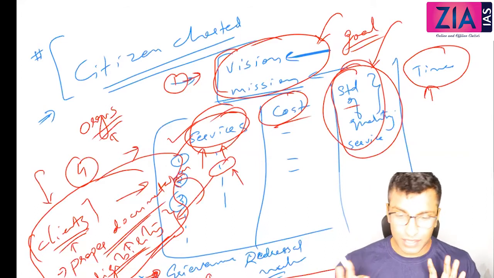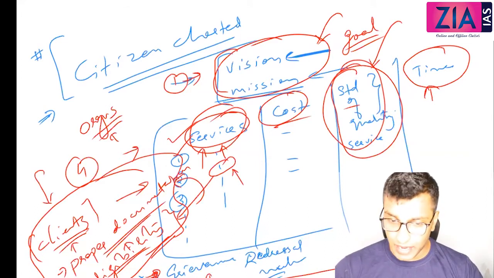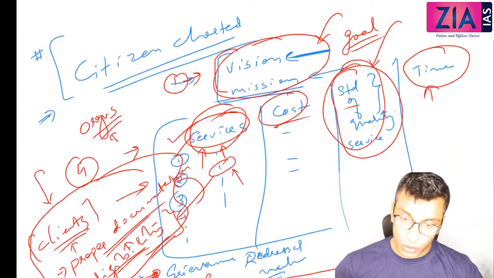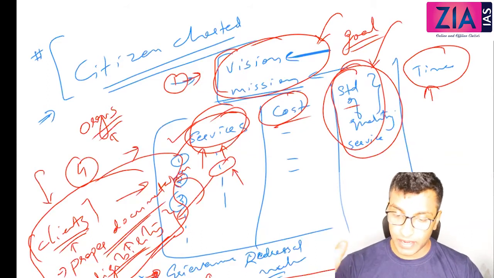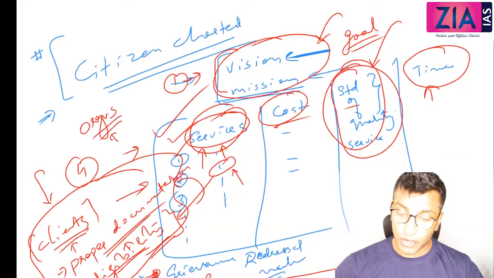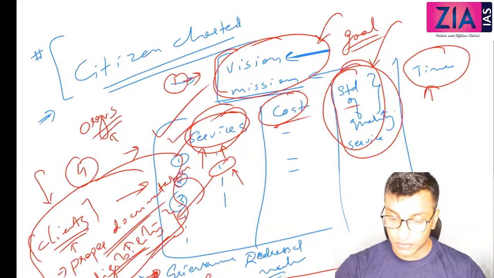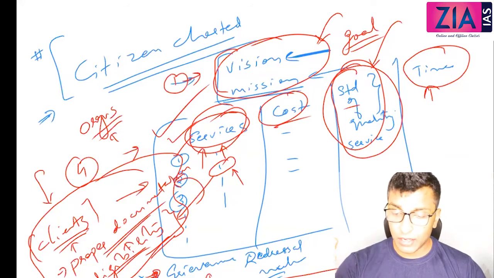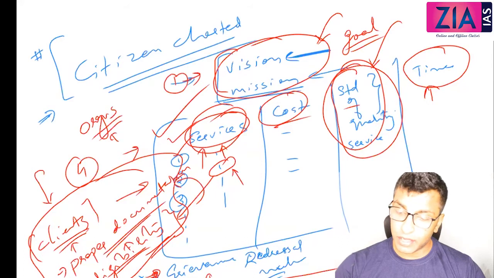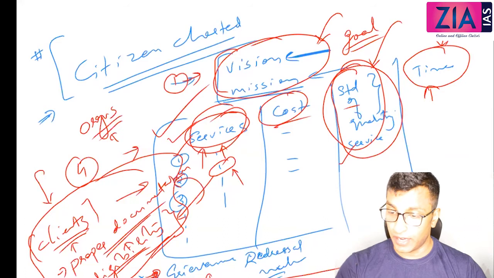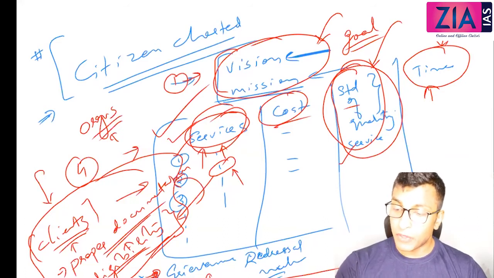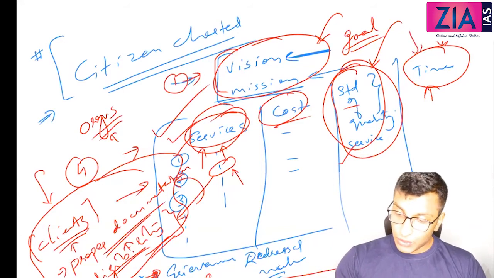Now what are the problems? This concept is very simple. A direct question can be asked. Now what is the problem? This looks very good, right? Whatever services have been provided have been listed out. So even if a common man wants to go to a village office, if it is listed out there, what are the services which are provided, directly he can go and avail it. He can expect the quality of service. He can expect by what time, if you're looking for a certificate, income certificate or caste certificate or death certificate or birth certificate or whatever it is, it will be given. So that idea will be there.